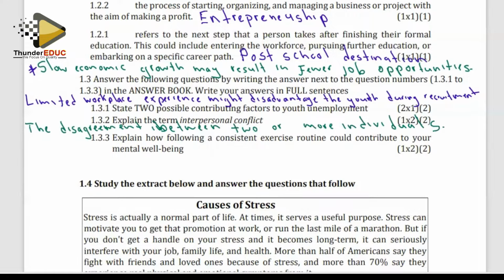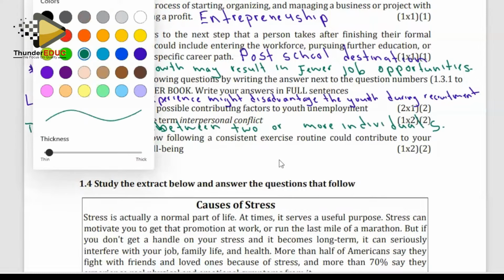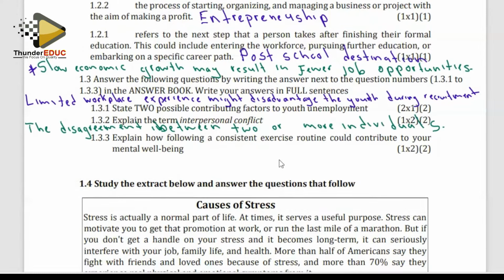Now, moving on to the next one, 1.3.3. Explain how following a consistent exercise routine could contribute to your mental well-being. So, regular exercise comes with quite a number of benefits. So, the first thing which we need to mention is the type of hormones which are released because of regular exercise. So we can say regular exercise